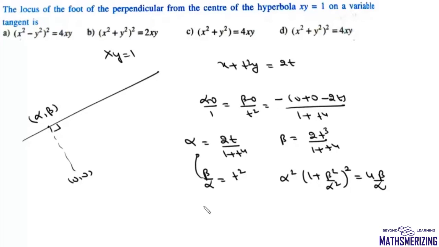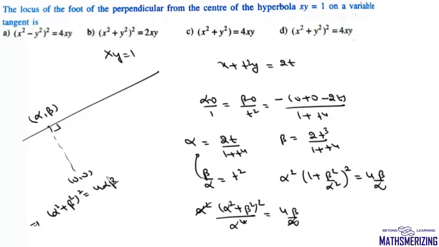So now we can write this as alpha square into alpha square plus beta square whole square upon alpha to the power 4 beta upon alpha. Now alpha square will cancel, alpha will also cancel. So we'll get this equation as alpha square plus beta square whole square equal to 4 alpha beta. So locus of this foot of perpendicular will be x square plus y square whole square equals 4xy, and that's